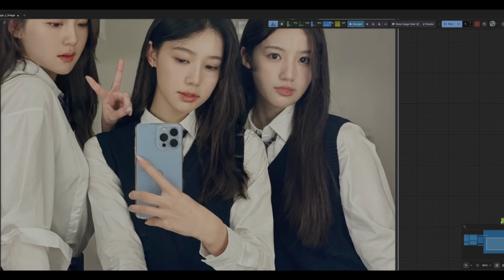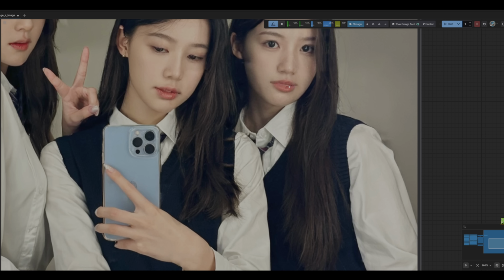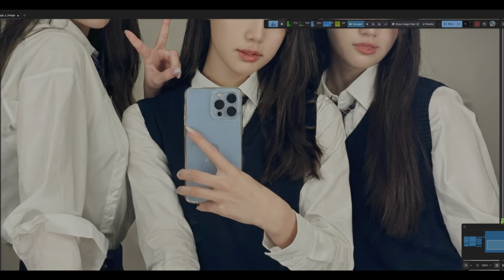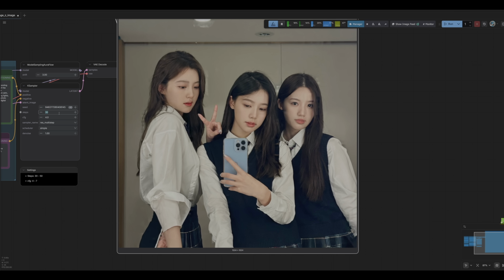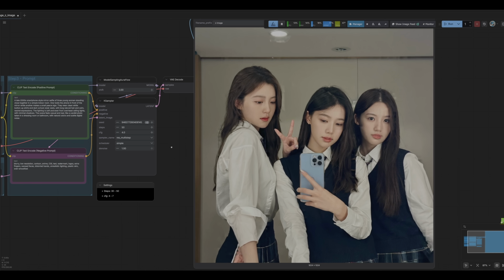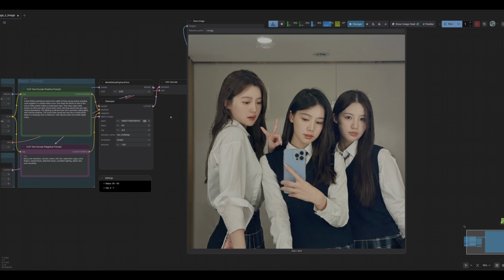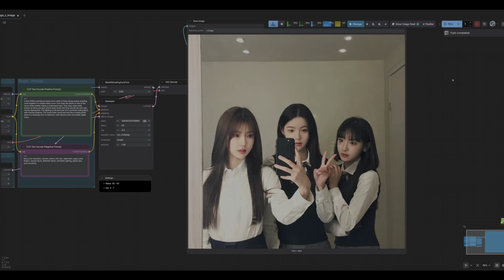If you look at her lip, that looks a little strange. Same with that one. The hands are a bit odd. Let's run that one more time with 50 steps just to see if it makes a difference. It could be our prompt. We're not fully educated on how to prompt yet, so let's try that again with 50 steps and see if it gives any improvement. Okay, so I find this to look worse, so it's definitely our prompt that's the problem,